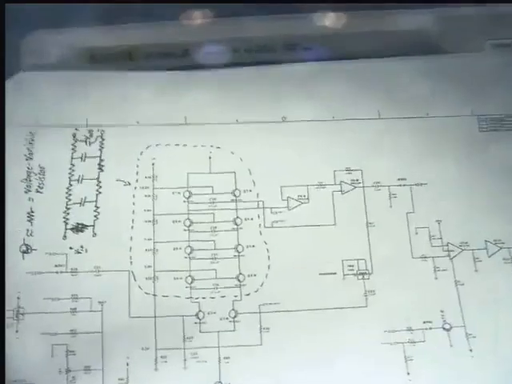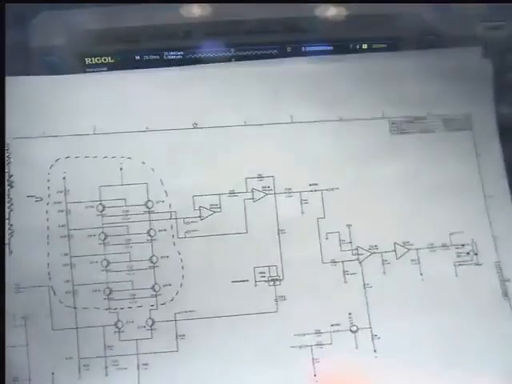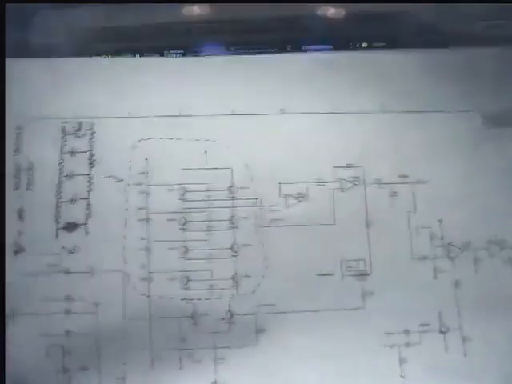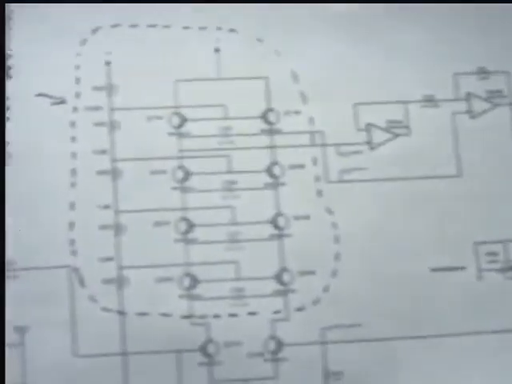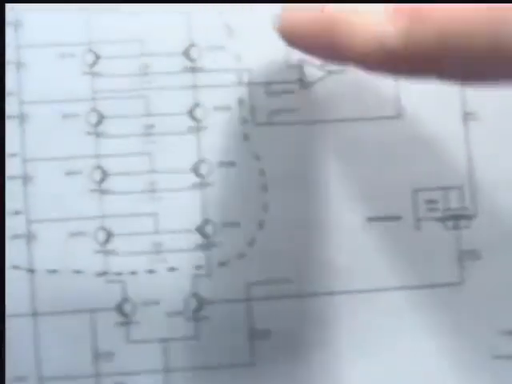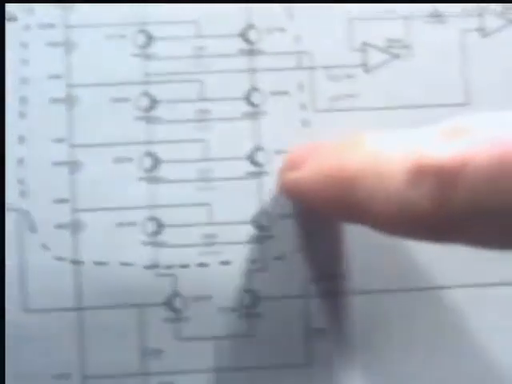So I'm going to zoom in on the portion of interest here. Well, first, let me show you the whole thing. So this whole page is the whole VCF. And there's some other stuff going on. This whole section is basically for buffering. This is for conditioning the control voltage. We're going to ignore that, and we're just going to look at the bit that's actually the filter. And that's this bit here. You can see that it's built into 4 different sections, and each one of these is one of the poles in the 4th order filter. And it should be roughly analogous to filters that you've seen before.